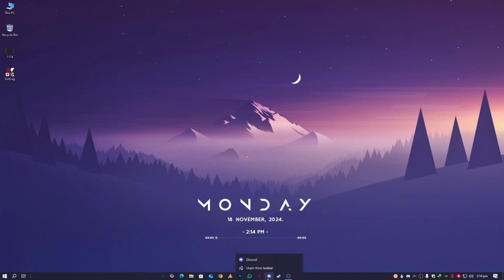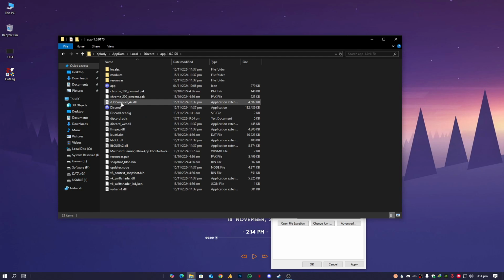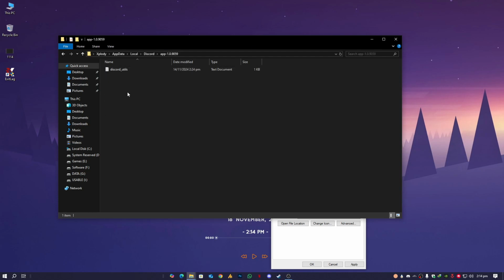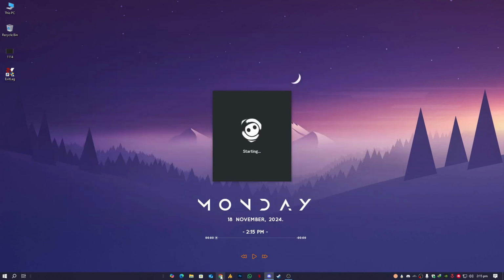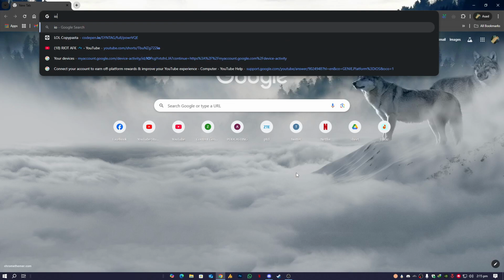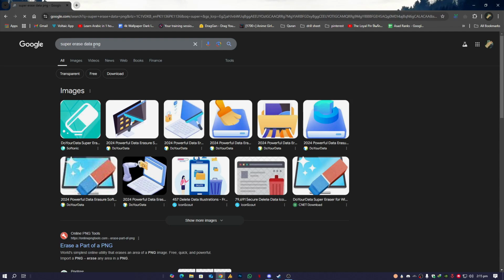And now about Discord, sometimes your Discord updater is not running properly. So what you can do here is go into the properties, open file location, and you can see this is the updater and this is the version that you are currently using. This is the older version, but once you are here, just right click on it and run as administrator. It will scan and update, but sometimes it's not working. Another thing you can do is use a third-party uninstaller like IObit Uninstaller or Super Erase Data,